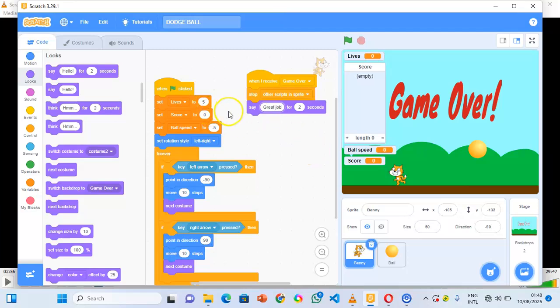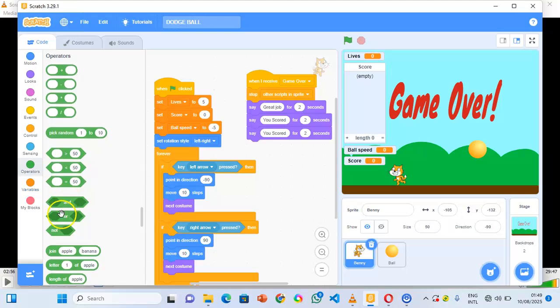See, great job. I can duplicate this, right? And yeah, I can duplicate this and say you scored dash. I can also duplicate this further. So at this point, we'll need to use a join operator to be able to get the score. So here we'll call the join operator